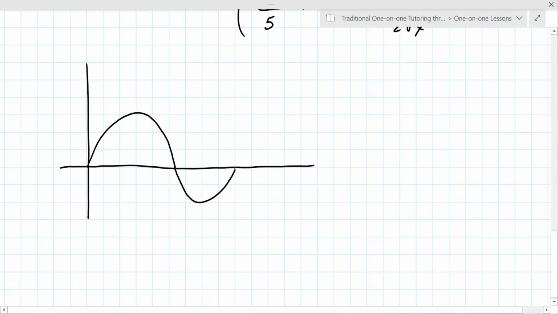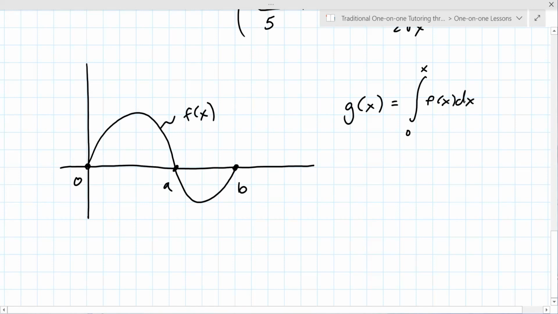Here, just leave it like that for now. So this is 0, a, and b. And it says, this is the graph of f of x, and g of x equals the integral from 0 to x of f of x dx. So that's why it's kind of like the second bullet point, because g of 0 equals the integral from 0 to 0 of f of x dx,